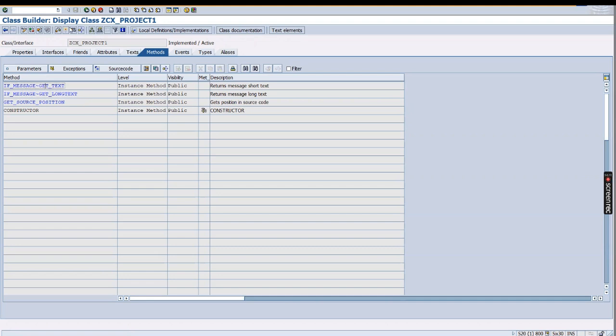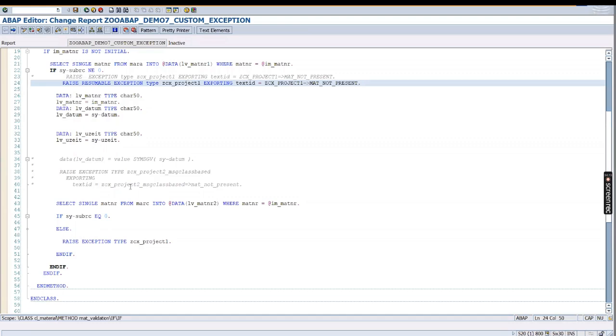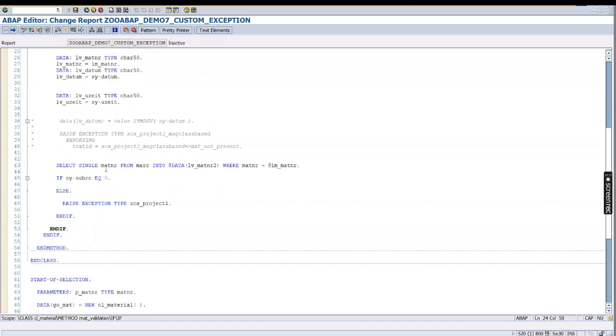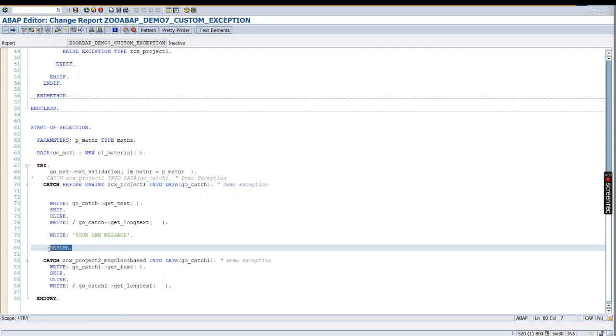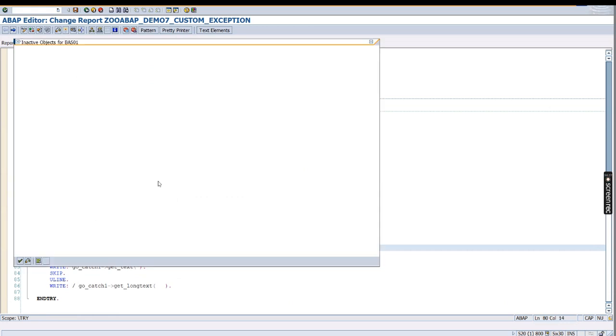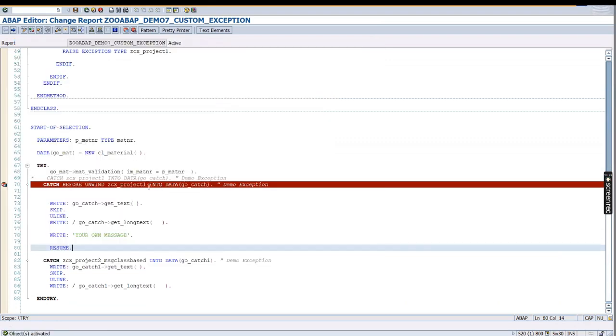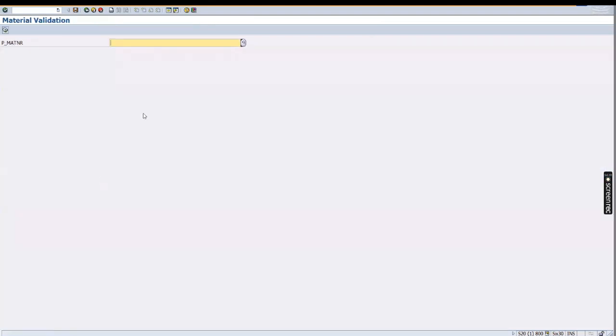Okay, here it's not there, not a problem. Directly what we can do is, if you know that you are using catch before unwind, that means certainly that is the resumable exception and you would like to resume that. So activate this and activate this, and now just press F8, give this value, run this,